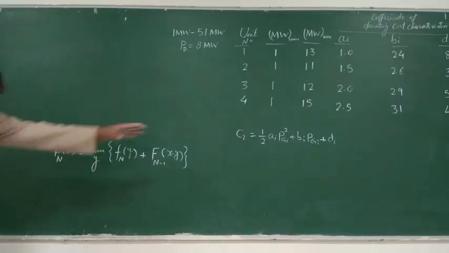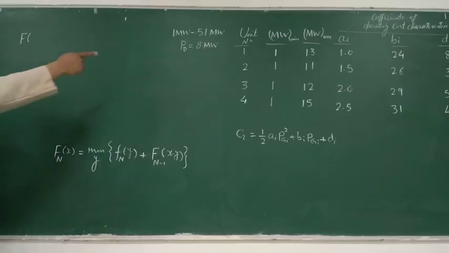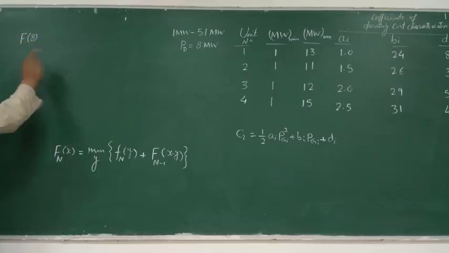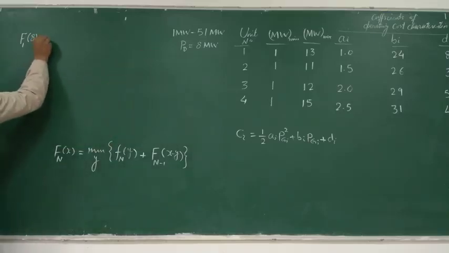So first we will solve this demand. If here X is demand, we have to generate X megawatt, and that X is 8 megawatt here. So we will write here. And first we'll check if all the demand is being met by unit 1 only. So this can be written as